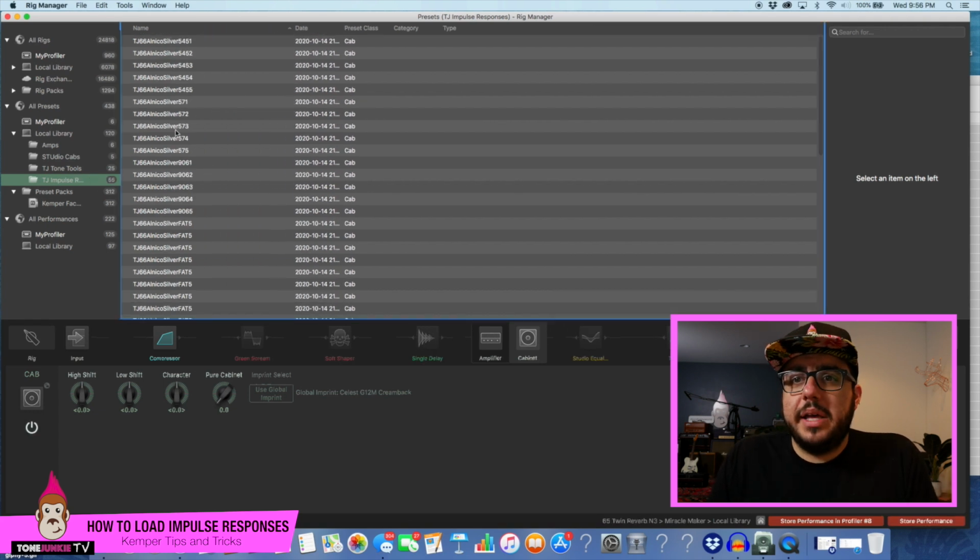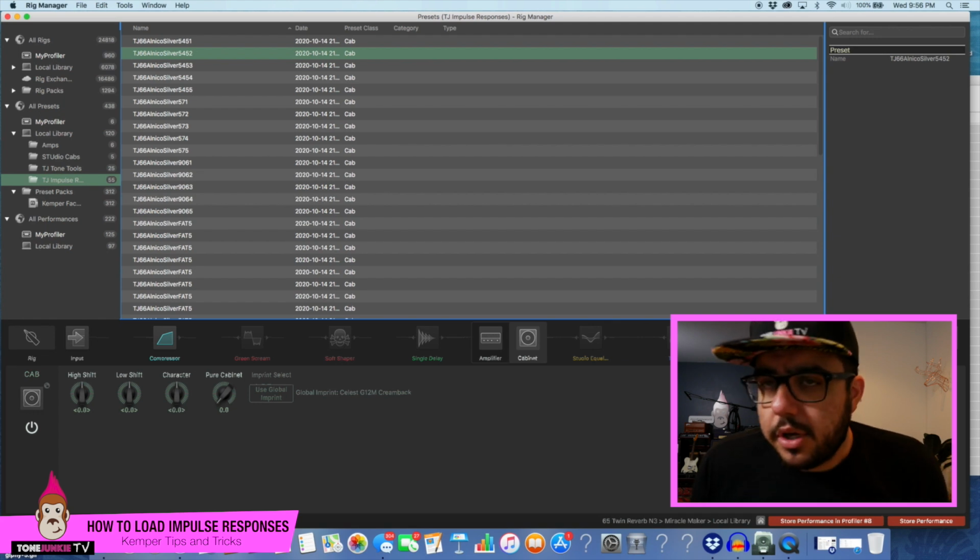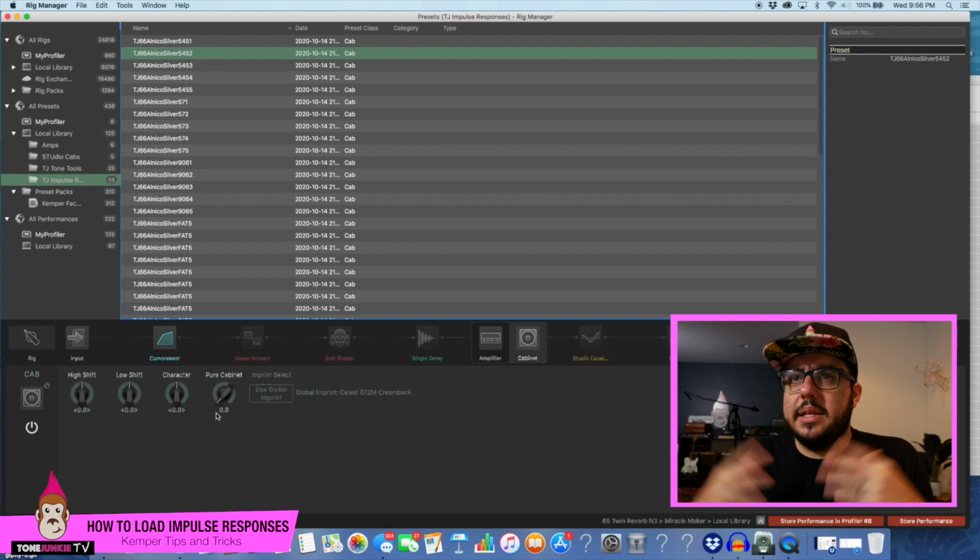So I just added all my impulse responses here now, and this is really cool. I can just take these and I can say, okay, I want this 5452 TJ66 Alnico Silver 5452. I can come down here, I can drop it in the cabinet area, and now I'm using that cab. And you can see that I'm using it because now it says cab TJ66 Alnico Silver. You can go look in some other videos on what that would sound like and stuff, but you can do